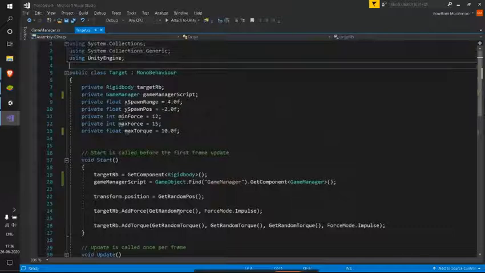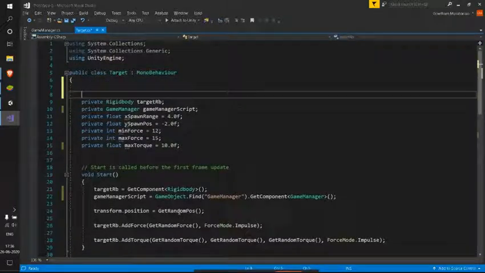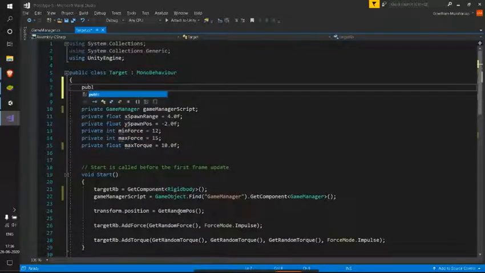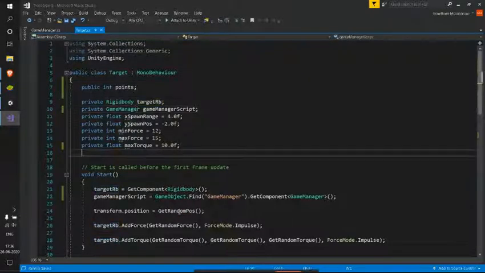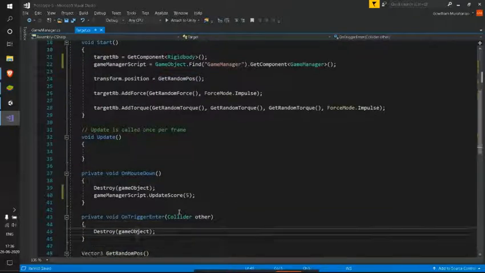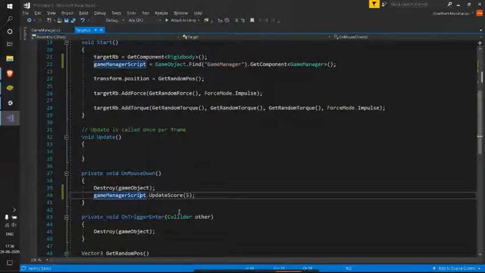For that, in here I'll be creating a public int points variable. So points, yeah, I guess that's okay. For this particular target, this is the points awarded. So in here, I'll be just changing this to points. And later by going into Unity.